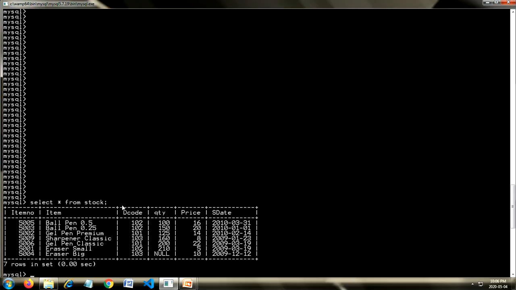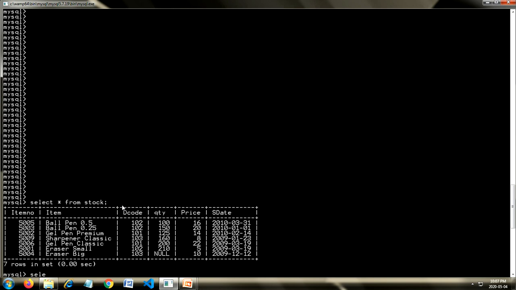So dear, as we were on the stock table, so these are the records. Now for example, I want to see the detail of those items which are having price equal to 100.